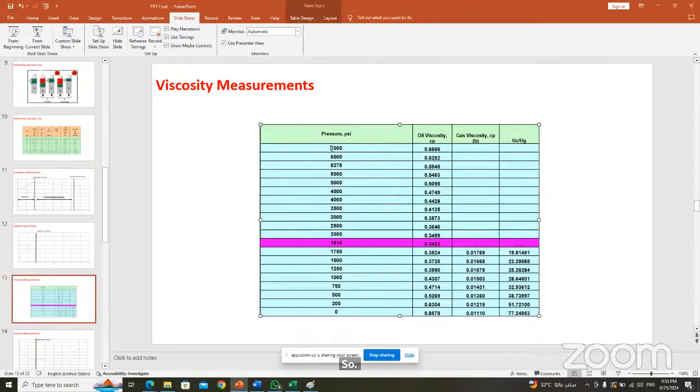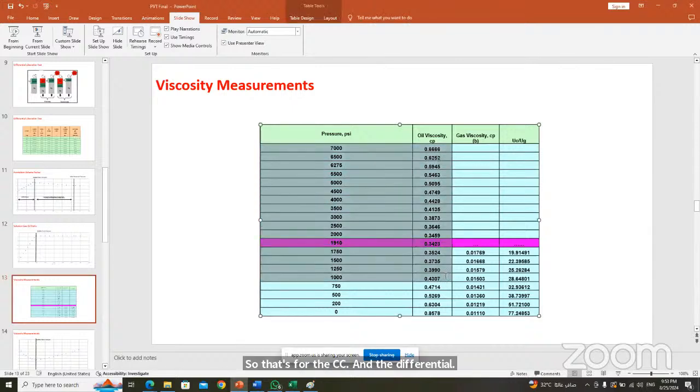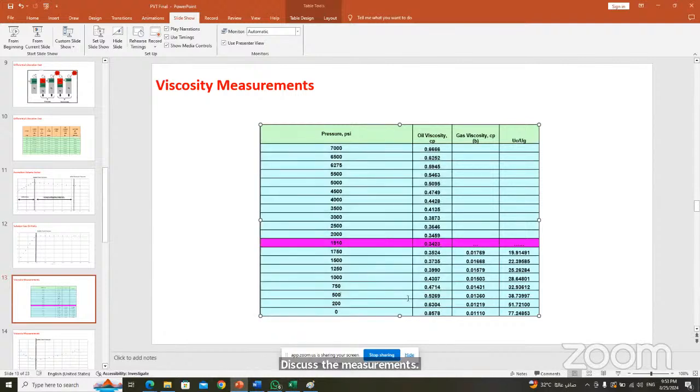Finally, we have the viscosity measurements. The viscosity is measured in the lab using viscometers. For oil, I will measure it physically using the viscometer at the reservoir conditions. For gas, we